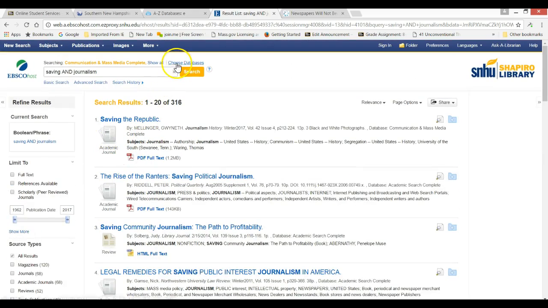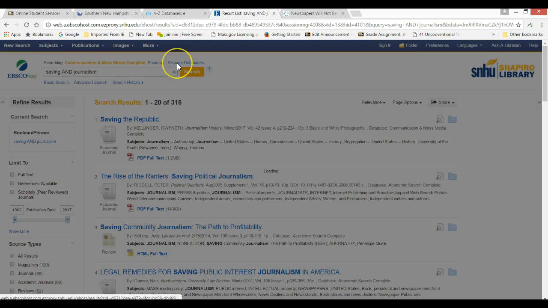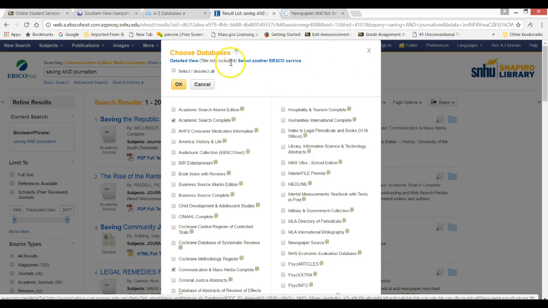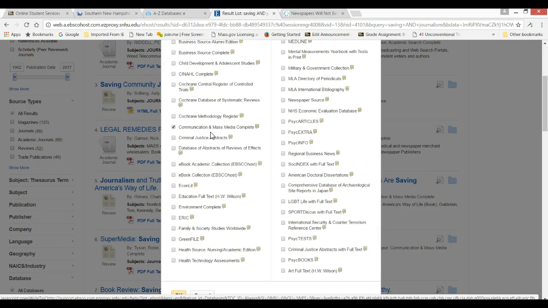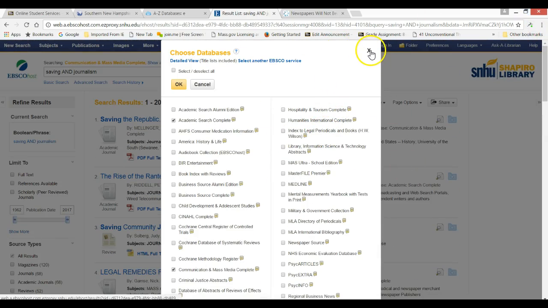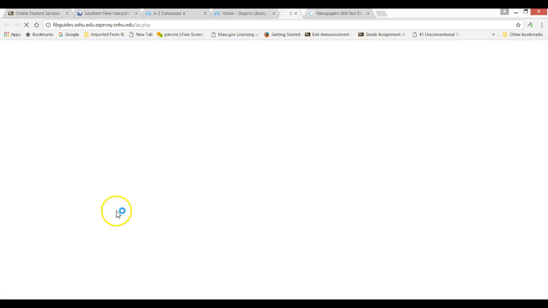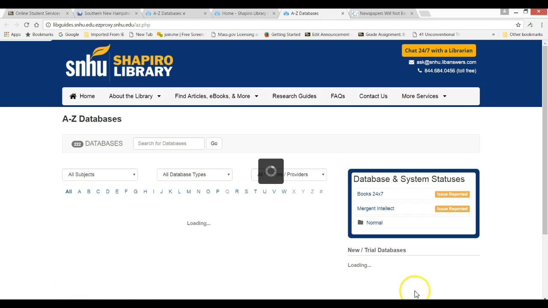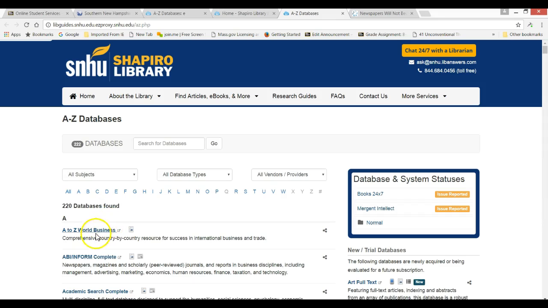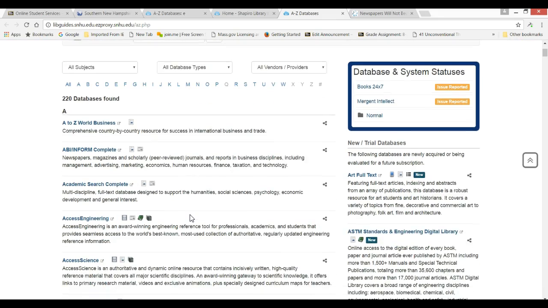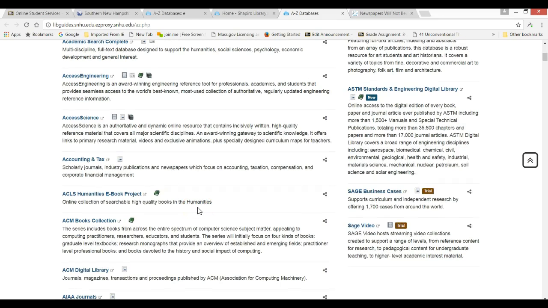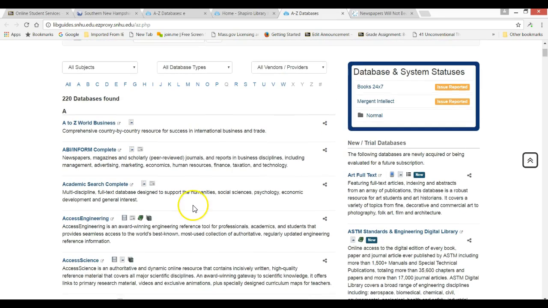Now, I also want to suggest that you can use different databases than the EBSCOhost ones. These give you different kinds of databases, but the A to Z list can tell you even more. In fact, if you just go to the library main page and you get that list A to Z, then you end up looking at these things, and I'll give you a short list of different ones that can be used alternately to Academic Search Complete as well, like JSTOR, Sage Premier, ProQuest,